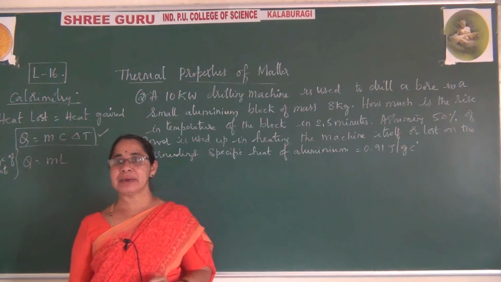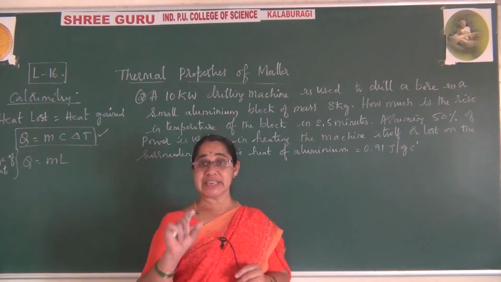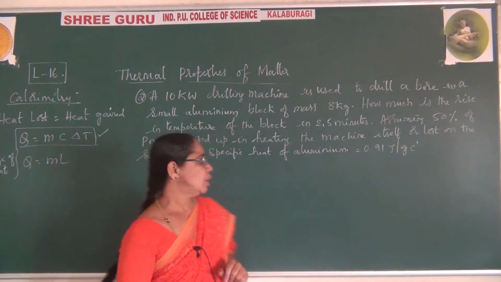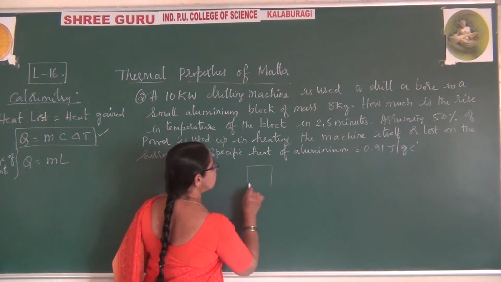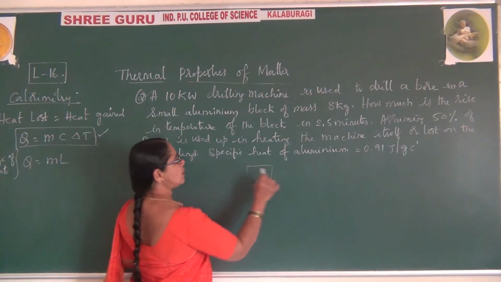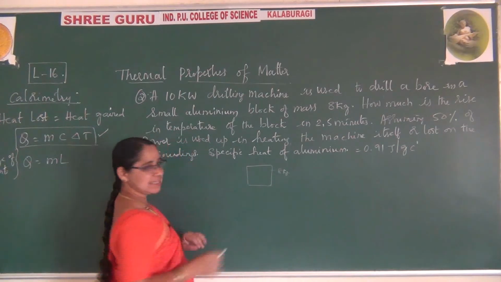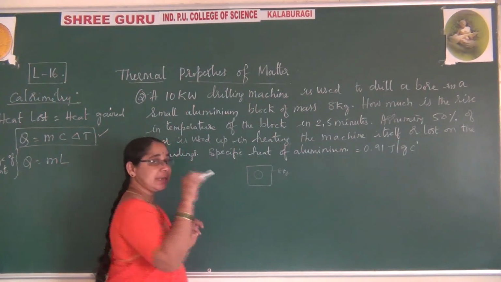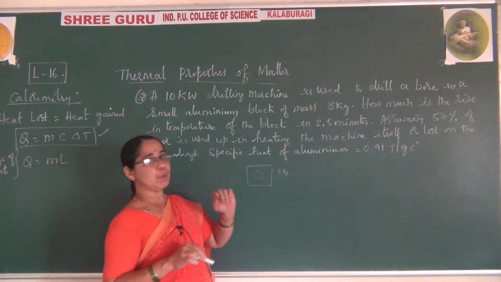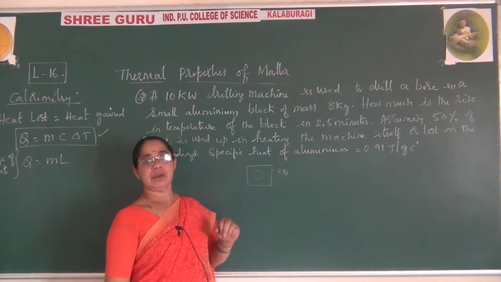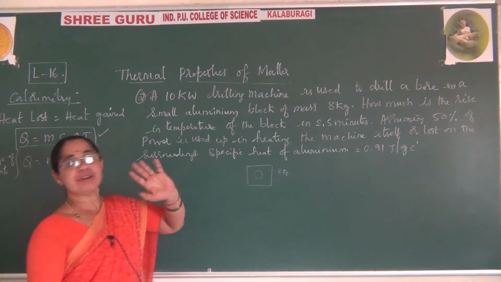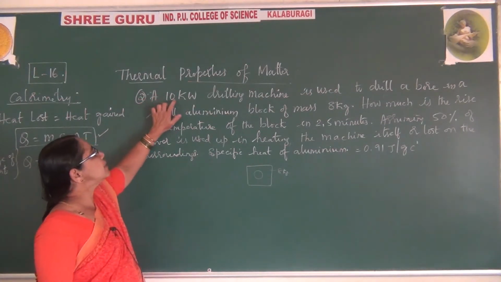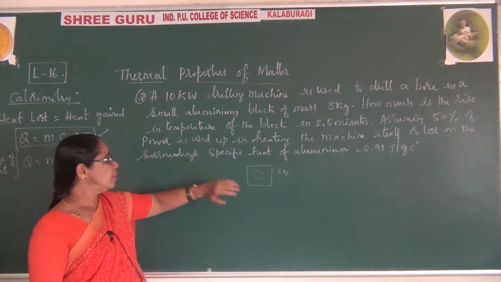So first step, remember, they have given some power. They are using a drilling machine. Already they have given one block, which is an aluminium block of 8 kg mass. In this, they are using that machine and making the hole. Means they are boring this, nothing but drilling a bore. Bore means hole. And that hole they are making in 2.5 minutes, the time interval, and the power supplied is this much. Using this, you are making the one hole.